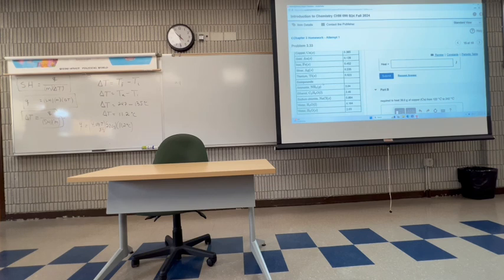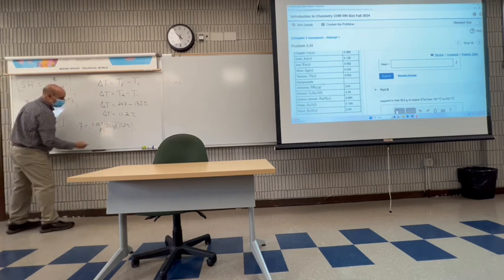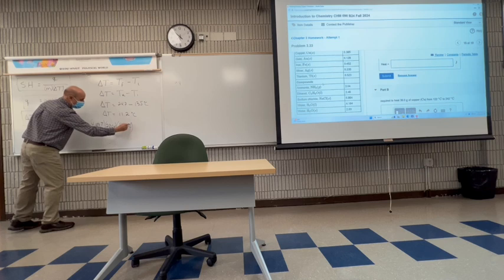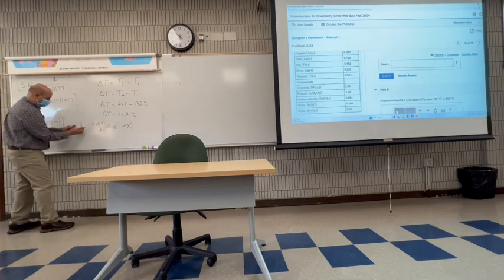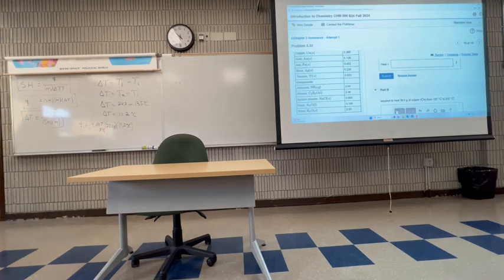It's easy to erase when you have a dry erase board. I'm sorry if you have to scratch your numbers on your piece of paper. So let's take a look at the units. Grams and grams cancel out. Celsius and Celsius cancel out. We're left with joules, which are units of energy. So whatever that number is going to be our answer. If you don't mind, could you calculate it, and let's talk about significant figures when you give me the number?